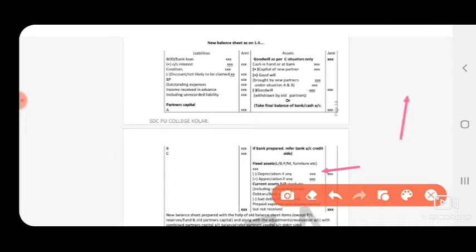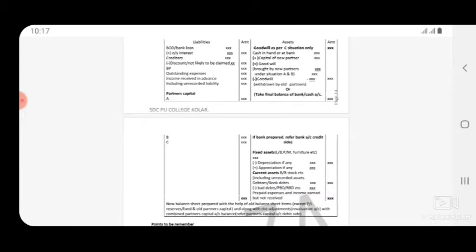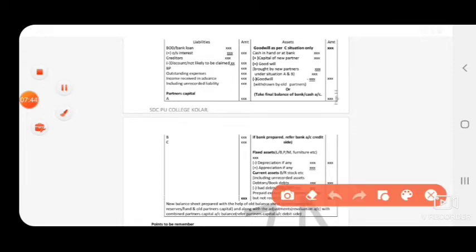Then prepaid expenses. If you get any prepaid expenses, revaluation account credit side. So here we have to record debit side, that is asset side. Next, under bad debts, you have to minus bad debts, provision for bad debts. And then